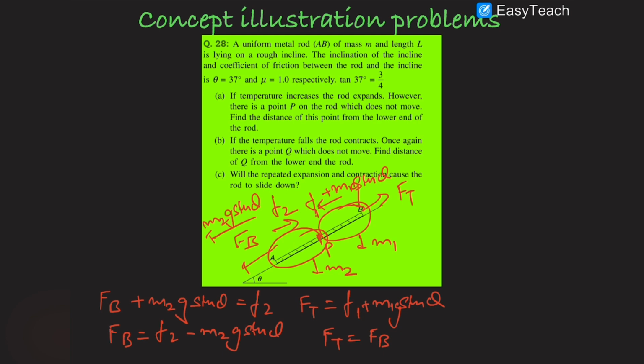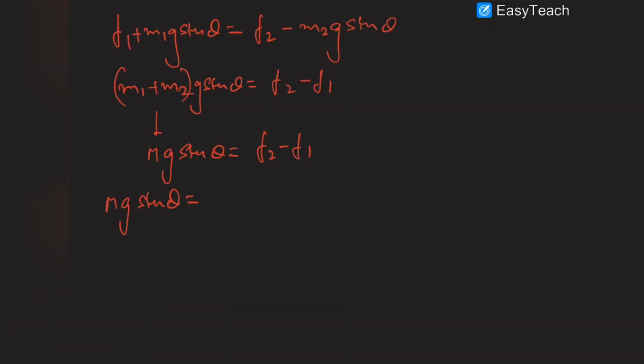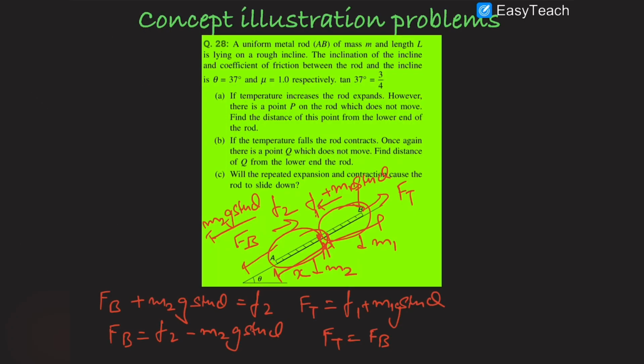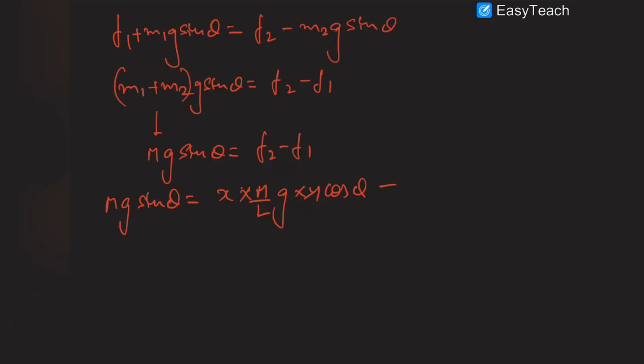So let us suppose that the length of the lower part is x and the length of the upper remaining part is L minus x. So the friction acting on the lower part will be x into m by L into g into mu cos theta, minus the friction acting on the upper part, which would be (L minus x) into m by L into g into mu cos theta. We know that mu is 1, and cancelling mg with mg,